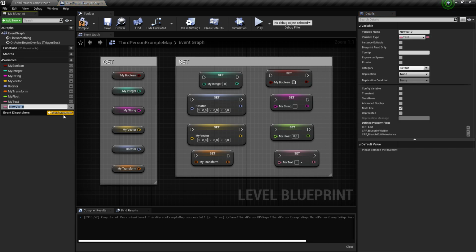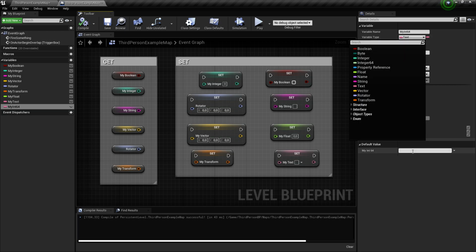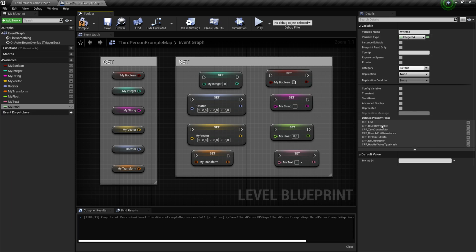It's going to ask you for a name. Let's take my int 64. Compile. When I compile, you can choose the type, integer 64, compile, and it asks for a default value. So let's put 19. Press OK and save.